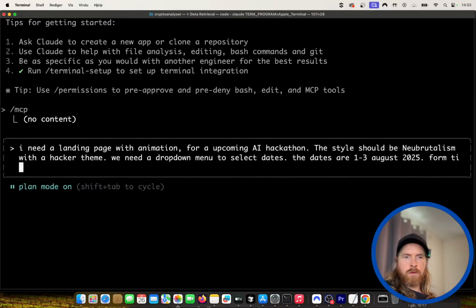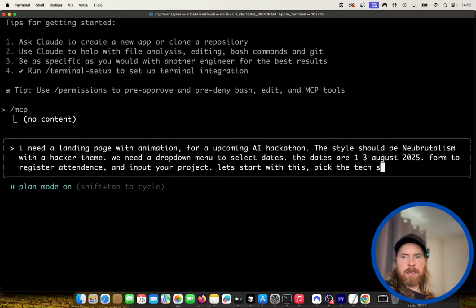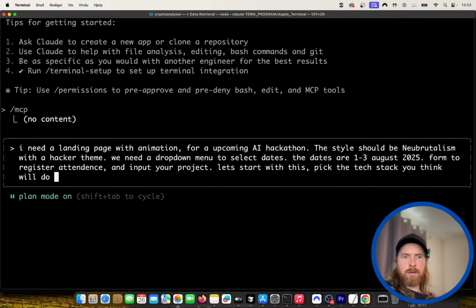A form to register attendance and input your project. Let's start with this. Pick the tech stack you think will do the best job.